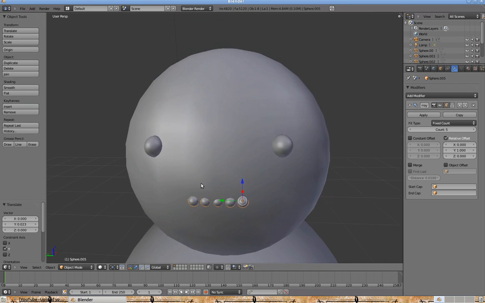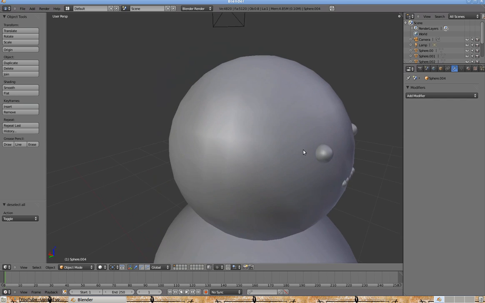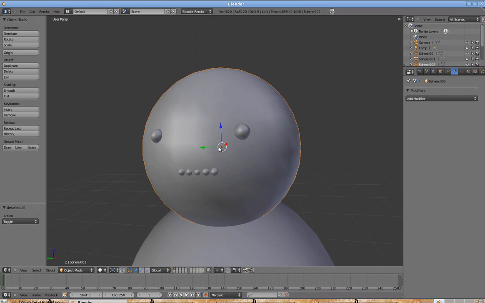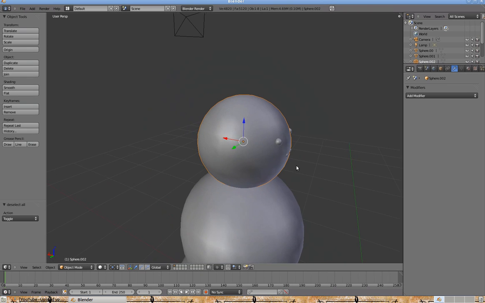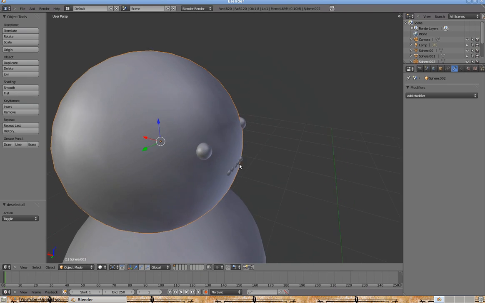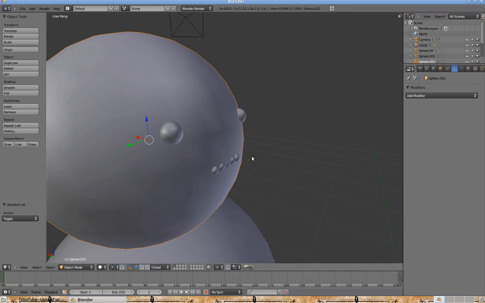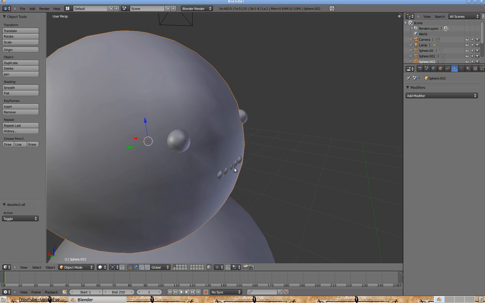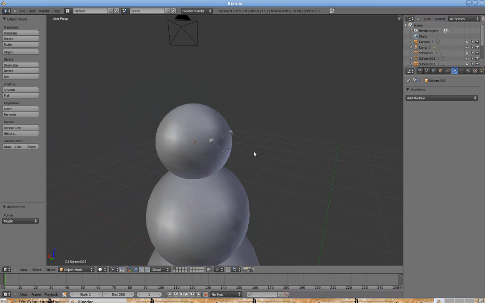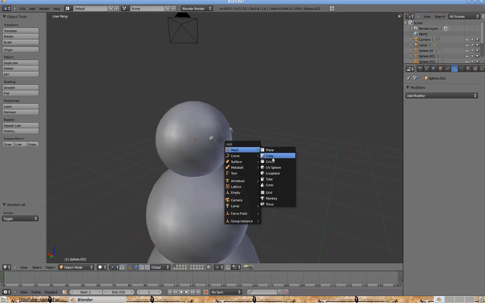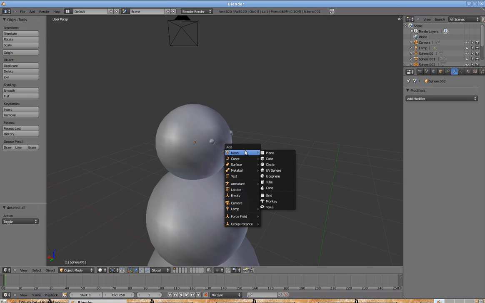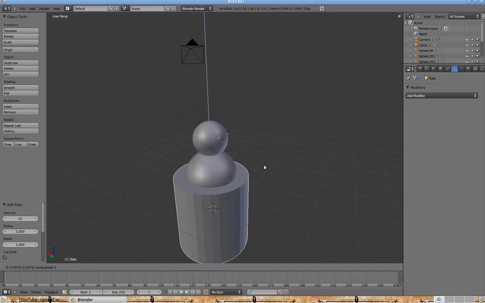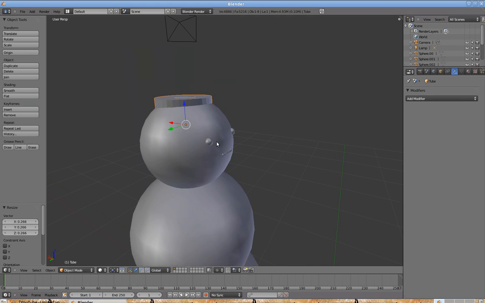So now we're going to add a nose and some arms. What you're going to do to add a nose is just add a cylinder. You can add it any way you want, but I'm going to add a cylinder with Shift A in the add menu mode. So now we just add a tube, which is the same thing as a cylinder, in Blender 2.49b,